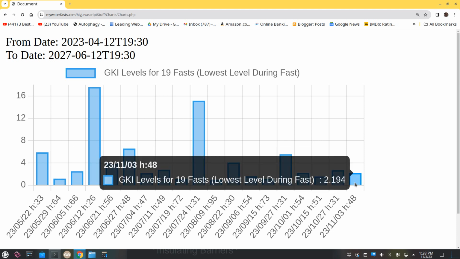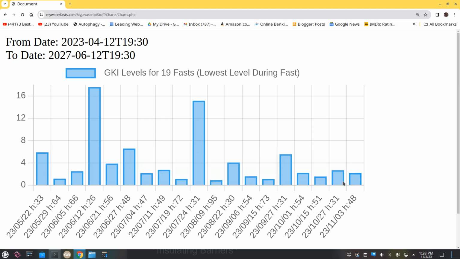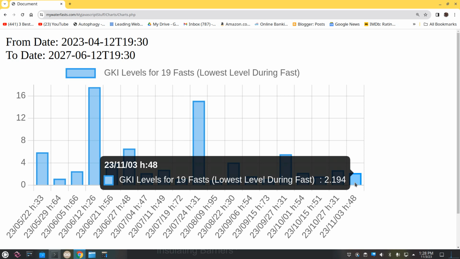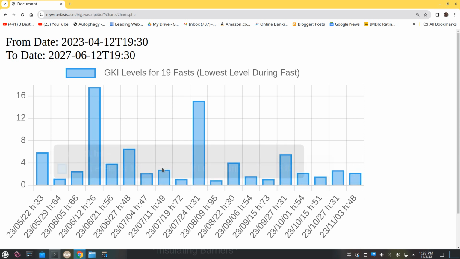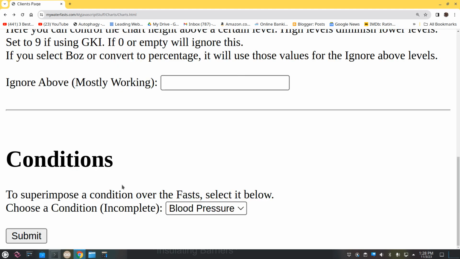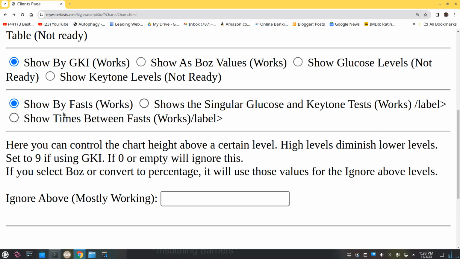But anyway, my latest fast was 48 hours, and I dropped down to 2.1, which you could say might get rid of some cysts, but mainly get rid of a lot of neurological plaques in my brain. So it's nice to be able to look at all of these and be able to see all that information. Now, Dr. Boz has a different